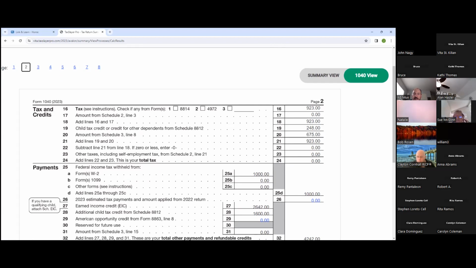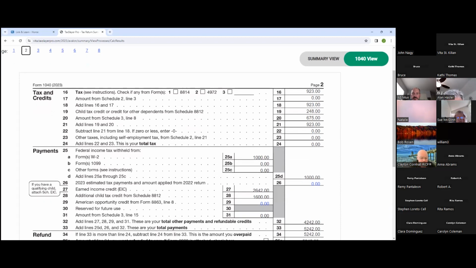We have the child tax credit. This is the non-refundable portion. And then we have the child and dependent care credit, which is non-refundable. And you can see right here, these non-refundable credits gobble up the tax, a dollar for dollar reduction of the tax. And so a lot of times you're going to see a total tax of 0, and it simply means that they either didn't have any tax in the first place, or their non-refundable credits offset the tax.